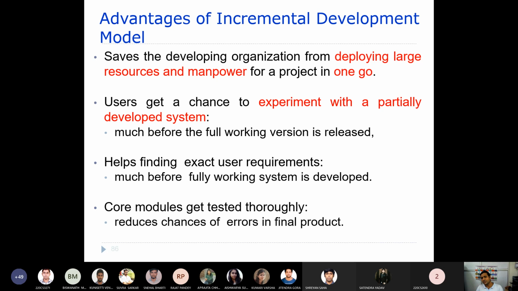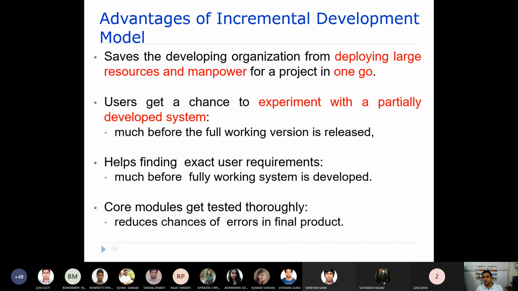Users get a chance to experiment with partially developed software much before the full working version is released. That is another advantage. After each and every version you are delivering at the client side, the users are using it and experimenting with the version. They get a better understanding, and definitely it will help us in refining the user requirements.